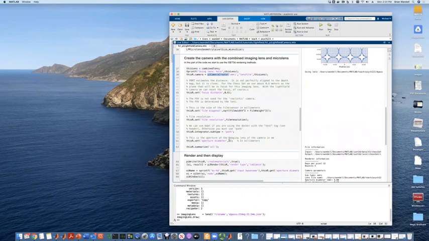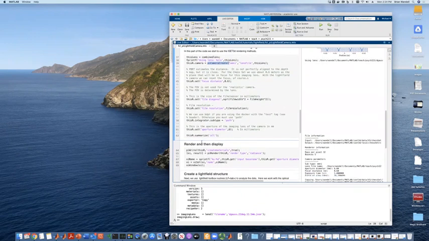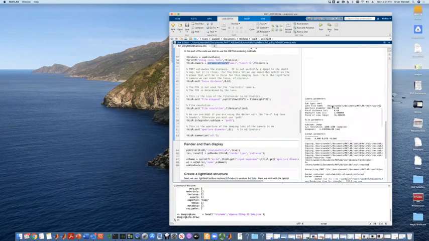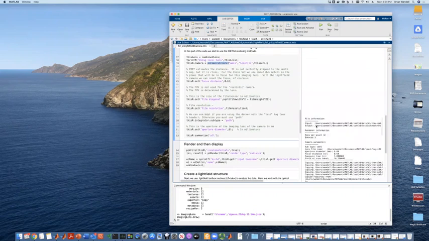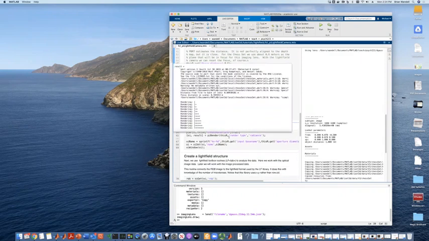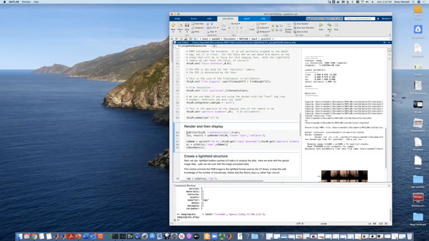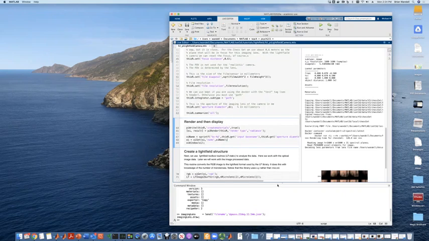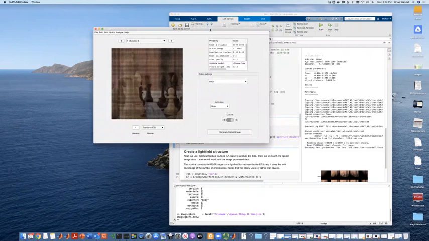So that's the camera. We set its properties, its resolution, and so forth. We set the aperture diameter of the lens. We could do that, and then I just wanted to make sure that I could summarize everything, and so that's shown over here as a little summary of where everything is and the different properties of it. Okay, and then the next step is I wrote the camera out and the name of the scene that we're going to render and everything. And then I just called the render command. And that render command ends up producing an ISET